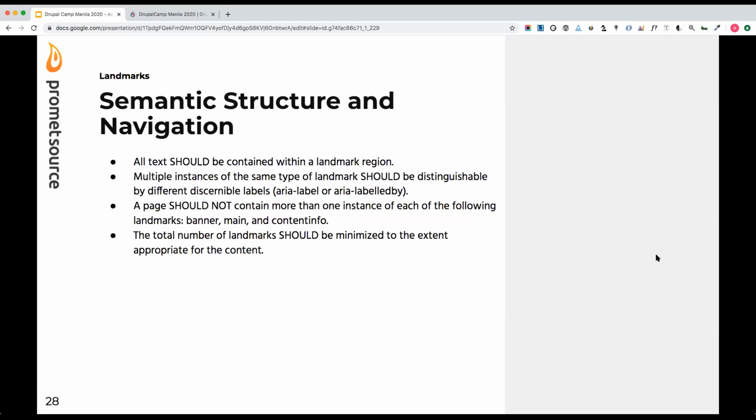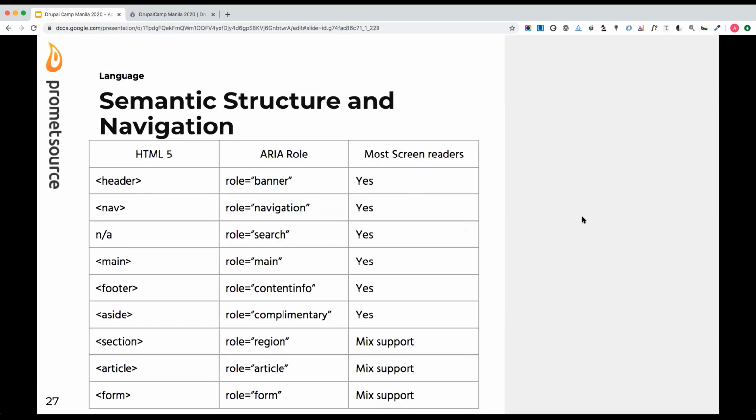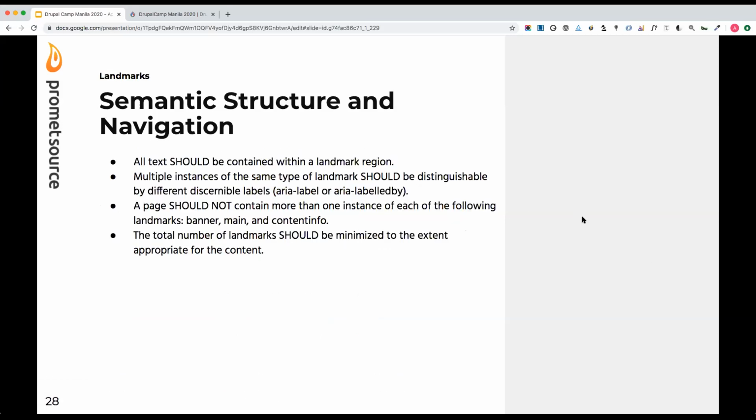Next is semantic structure. So landmark still. All text should be contained within a landmark region. Multiple instances of the same type should be distinguishable. This second one is also important. For example, you have multiple navs with role nav. When a screen reader focuses on a nav, it just says navigation, and you may have a lot of navs, perhaps a main menu, a top menu, and also in the footer. To distinguish these, you need to add an aria-label or aria-labelledby, and we will discuss that further later. For example,